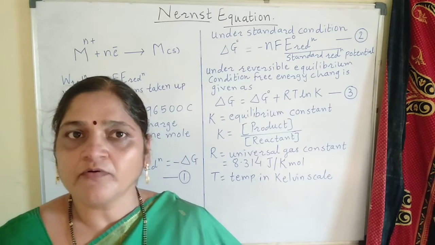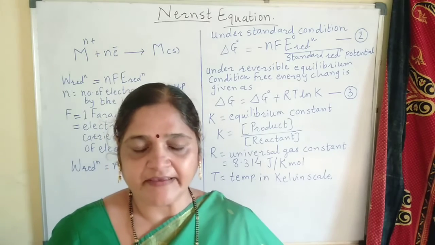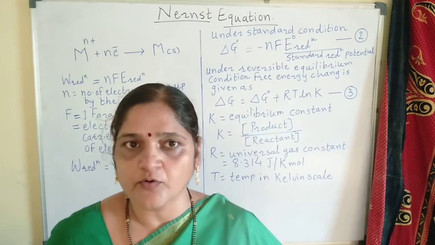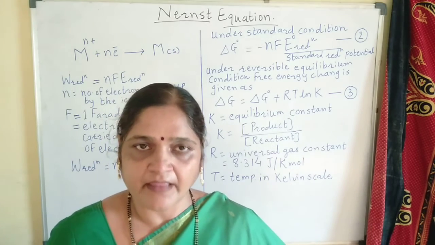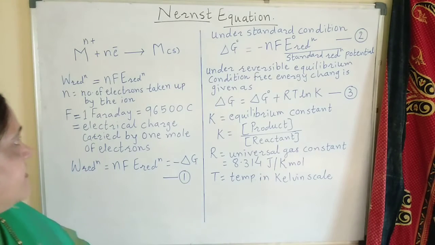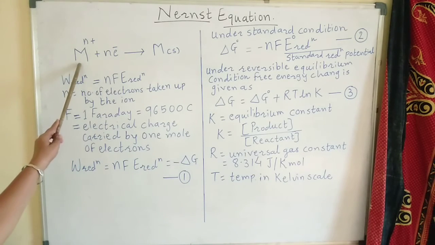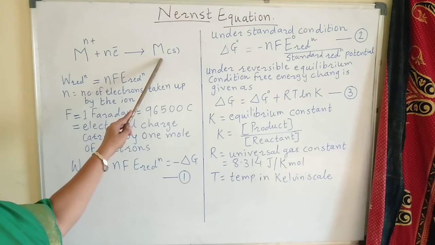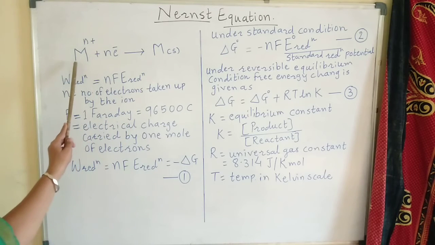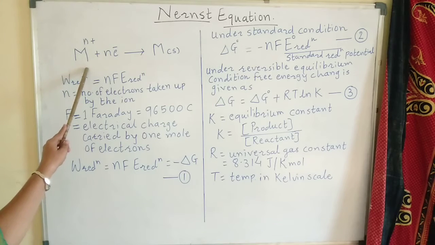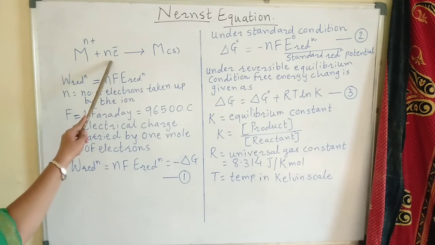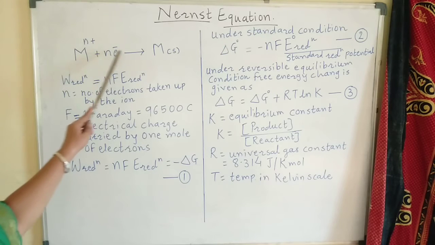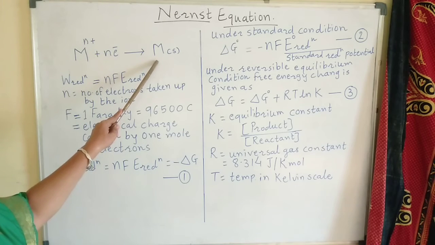Now we are going to determine this equation by considering the process of reduction of the metal ion. Now if a metal electrode is in contact with its own aqueous solution, then the reduction reaction is taking place as Mn+ plus n electrons is getting converted into M atom, right? So here the Mn+ ion is present in the solution of the electrolyte, where it accepts n electrons and gets converted into metal atom.